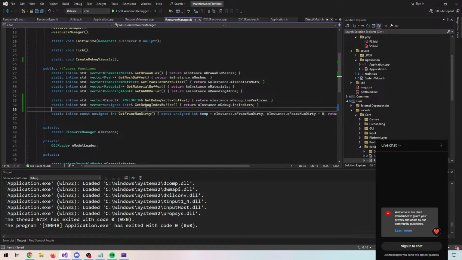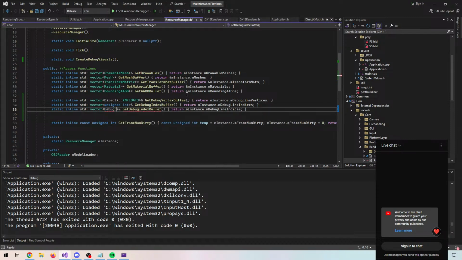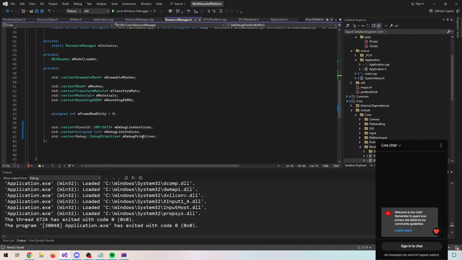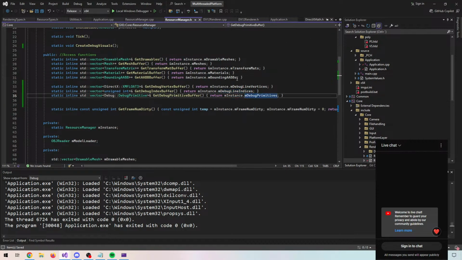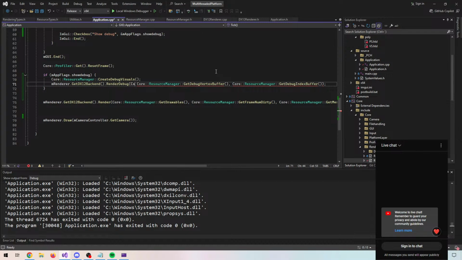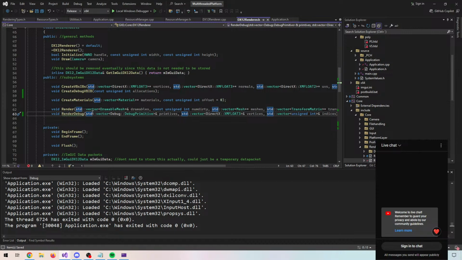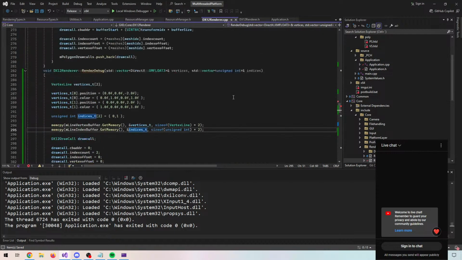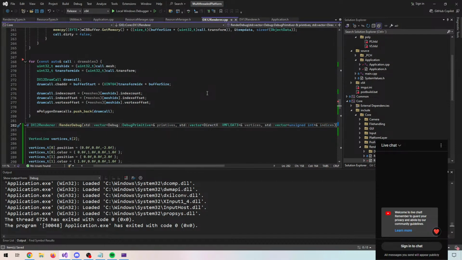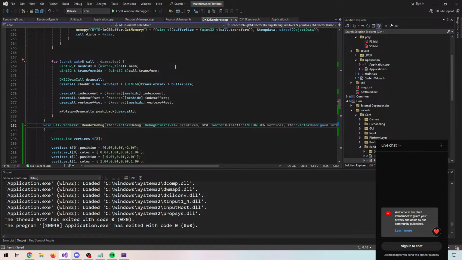Okay. And we need that as well. Okay. So now we have some sort of storage